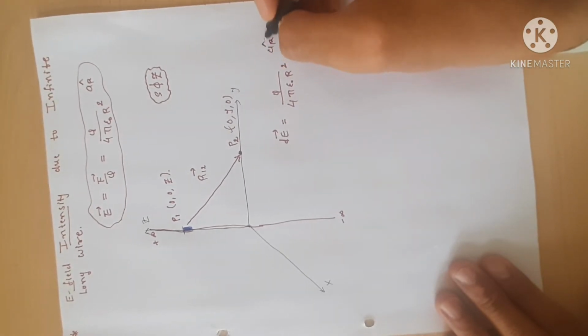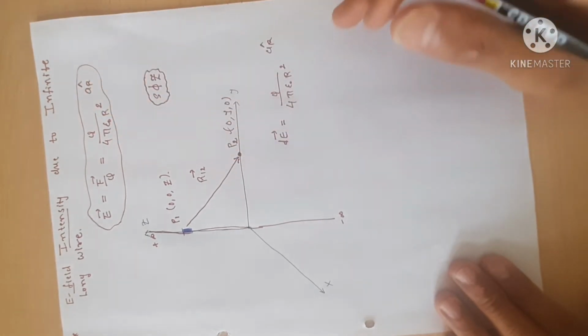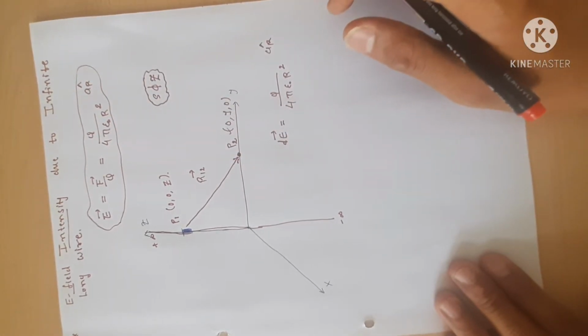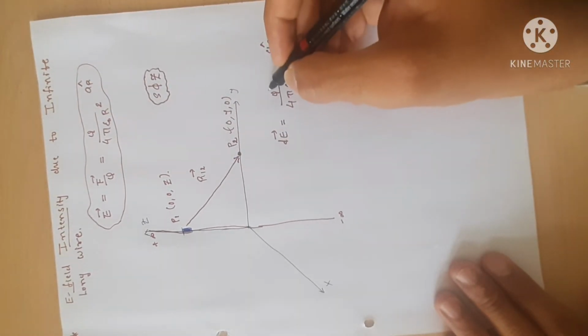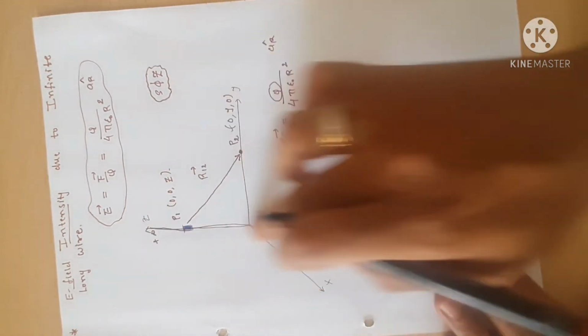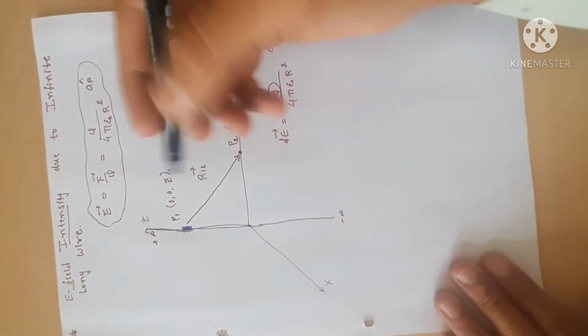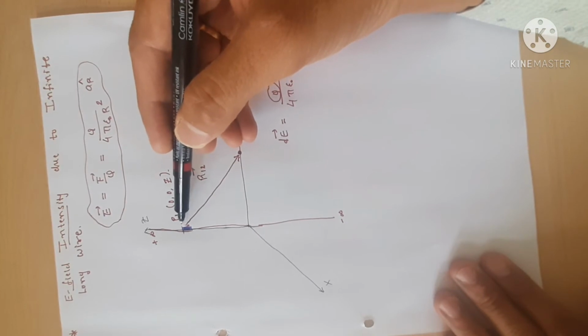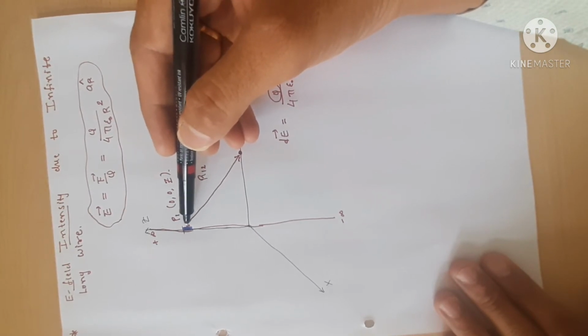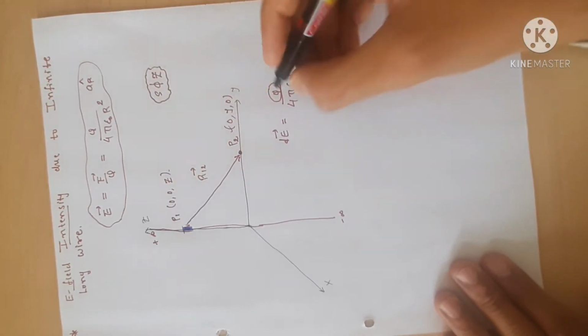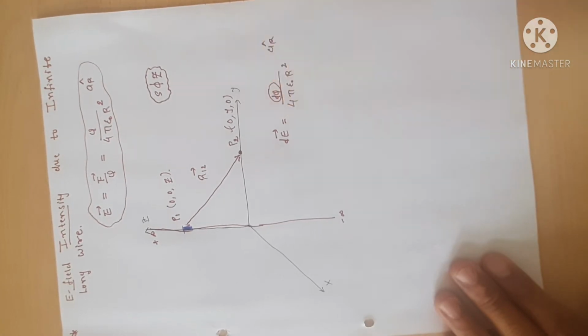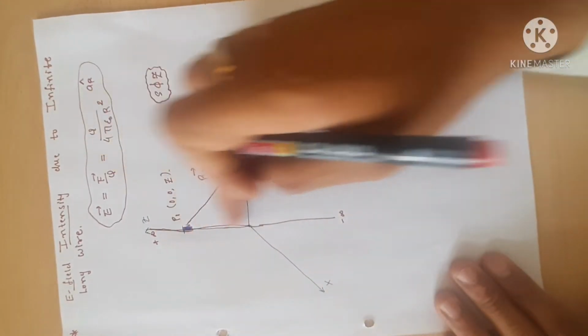I have to just follow this equation. Okay, I will just follow this equation. But if you see here, Q is the total charge which is present on this wire. Okay, but I have to consider this small filament. So the charge present on the small filament is dq, so that is why I have to write here it is dq.